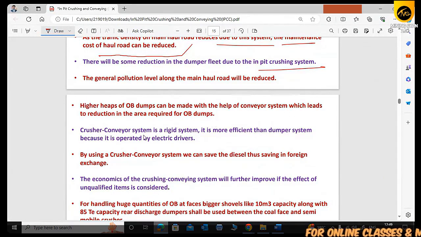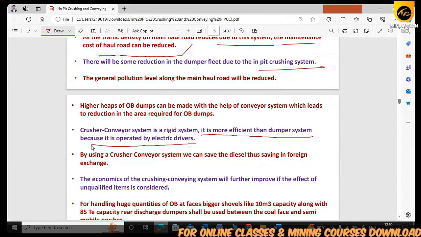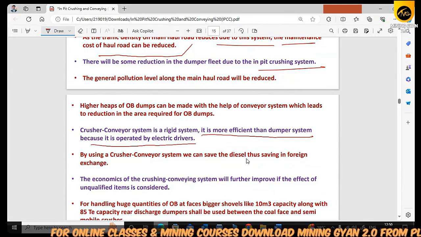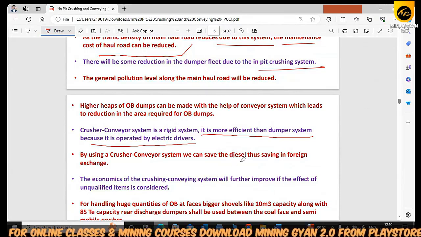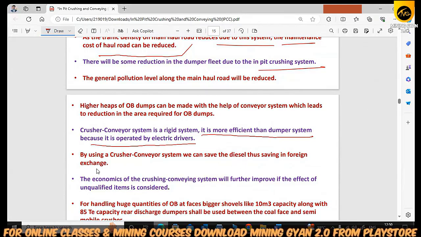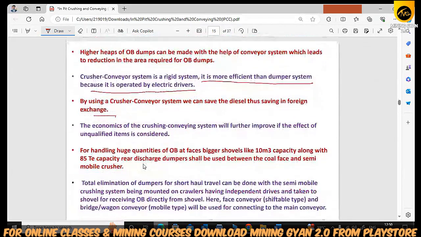Okay, crusher conveyor system is a rapid rich system. It is more efficient than the dumper system because it is operated by electrical drive. Okay, by using the crushing conveying system, we can save the diesel. I have already spoken about this in the starting of the lecture, and the foreign exchange. Okay, बिकॉज इट विल ऑल्सो, हम लोग क्या करते हैं, ऑयल को इम्पोर्ट करते हैं, तो फॉरेन एक्सचेंज में भी हमारा हेल्प करेगा बिकॉज वी आर यूजिंग इंडिजीनियस थिंग्स। ओके, so the economics of crushing conveying system will further improve